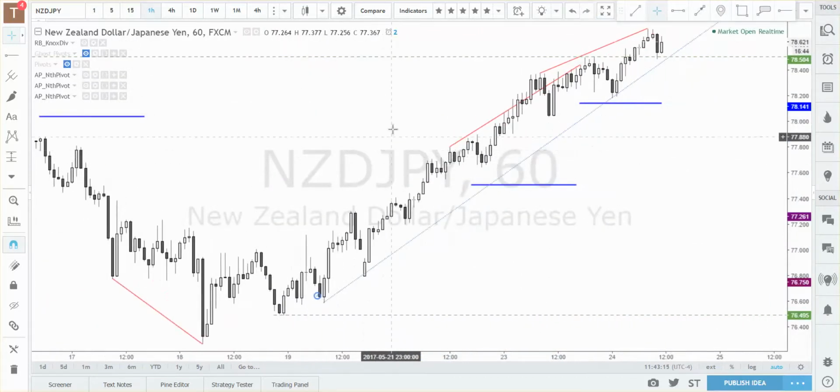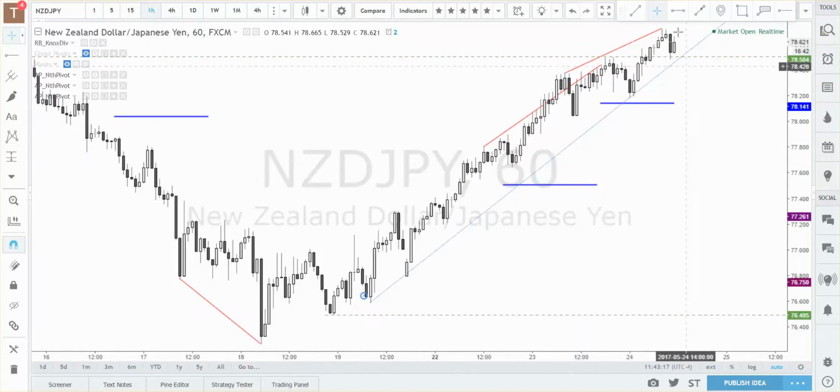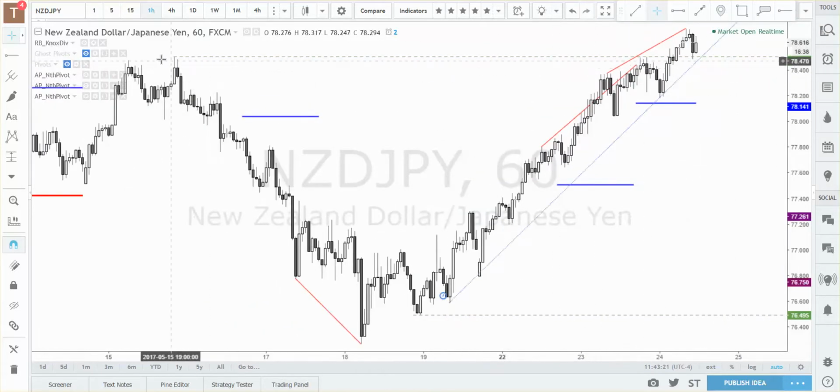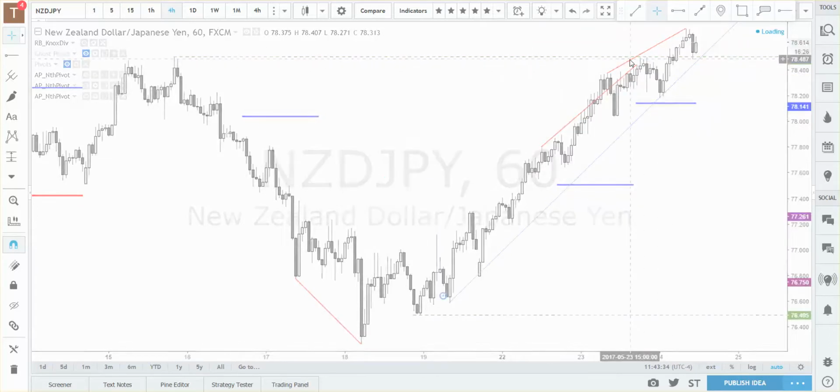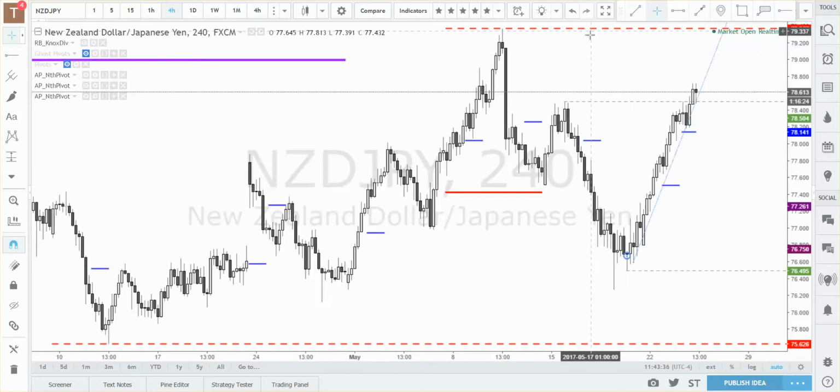And so that's really how I use fractals. I just like to identify these levels, and I trade around those levels. And I usually trade small, because you may go from this level all the way up to this level up here. I mean, it's unlikely that this thing is just going to keep going on a 45-degree line up to here, but